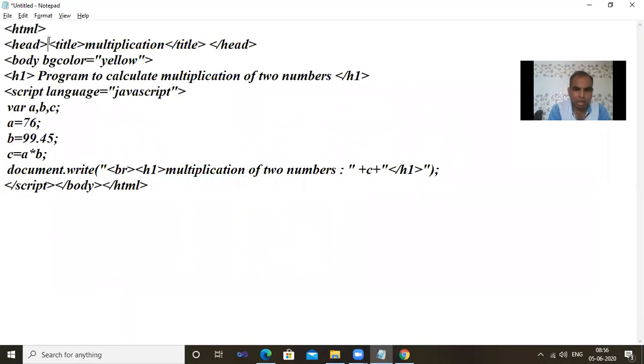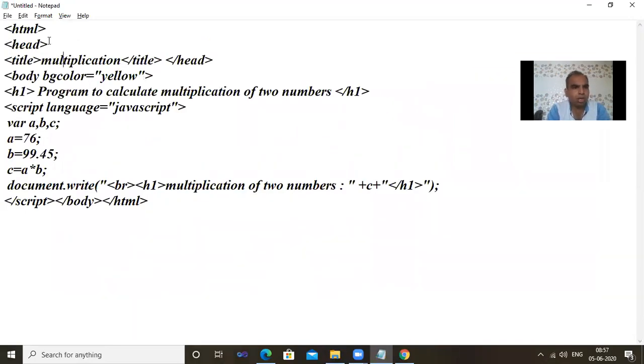See now, HTML, head, title, multiplications, close the title, close the head, body bgcolor equal to yellow, so we are changing the background color to yellow. For the heading we give: program to calculate multiplication of two numbers. We declare the script language inside the body, script language equal to JavaScript. I already told you, J capital and S capital because it is case sensitive.